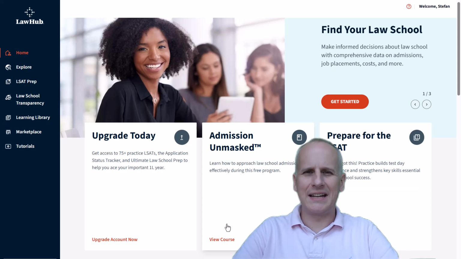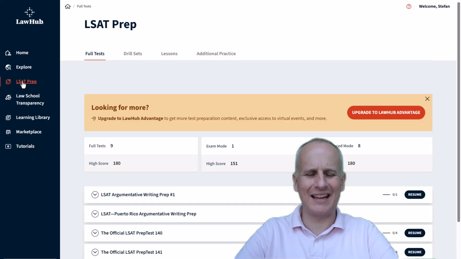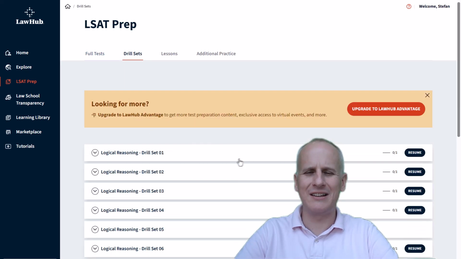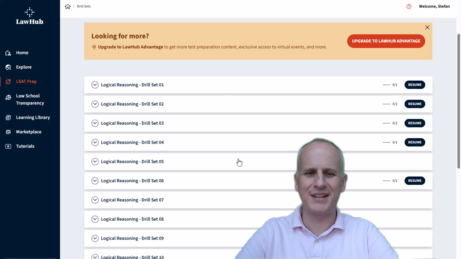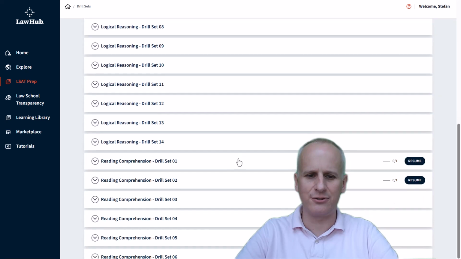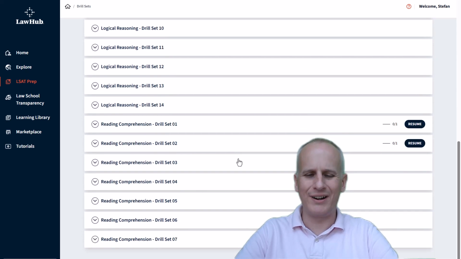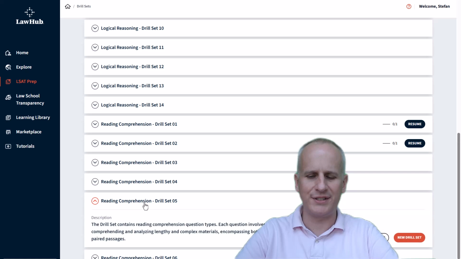Here we are once again at lawhub.lsac.org, and as a reminder, to access the drill sets, you're going to have to click LSAT Prep here on the left. Instead of going straight to the full test, you can go to drill sets, and when we're looking for a reading comprehension drill set, we're actually going to have to scroll past all of the logical reasoning drill sets. And for this video, we're going to click drill set number 5, and we're going to click new drill